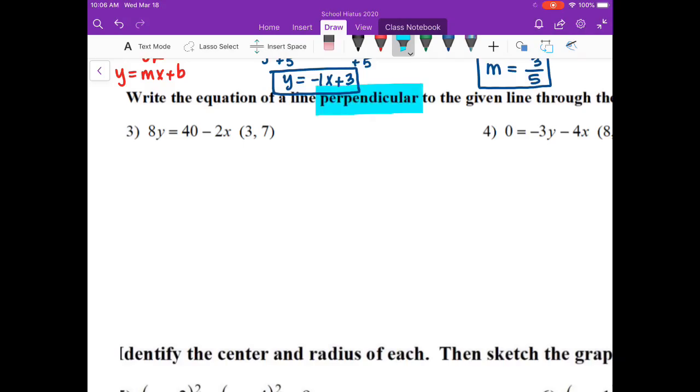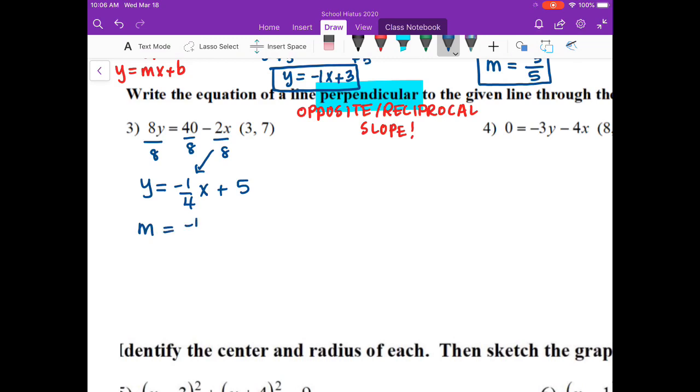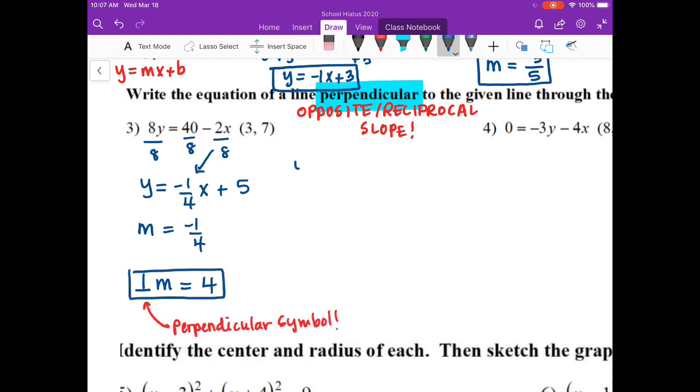Perpendicular lines have opposite reciprocal slopes. We'll rewrite the equation of the given line in slope-intercept form to find its slope, dividing each term by 8 and then simplifying the expression into y equals -1/4 x plus 5. The slope of our given line is -1/4. We want to determine the perpendicular slope, which is the opposite and reciprocal, +4/1. We'll substitute the x and y coordinates into the equation, distribute, and isolate y to write the equation in